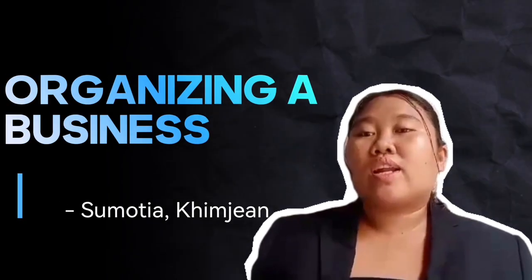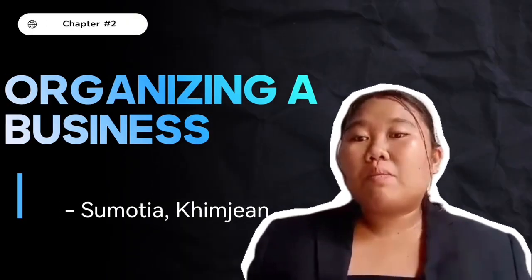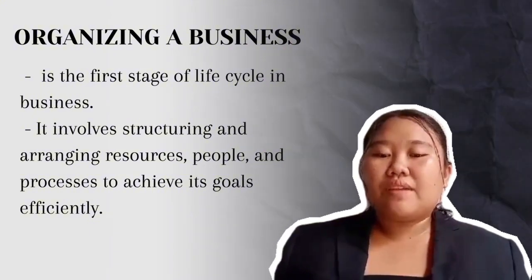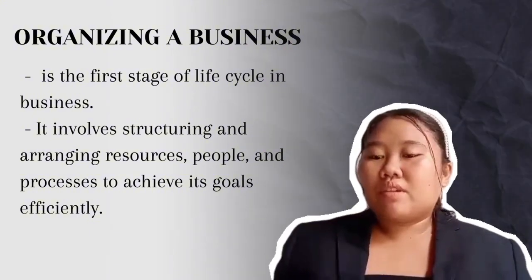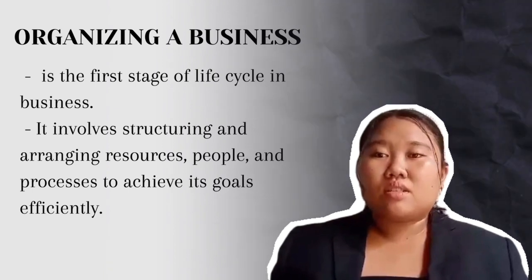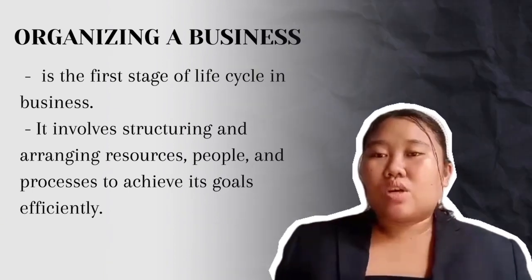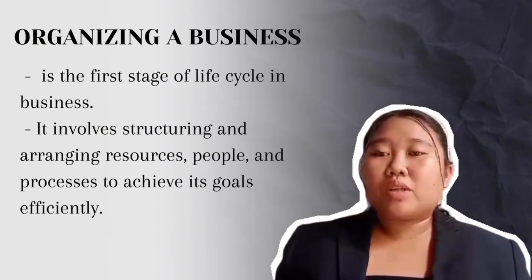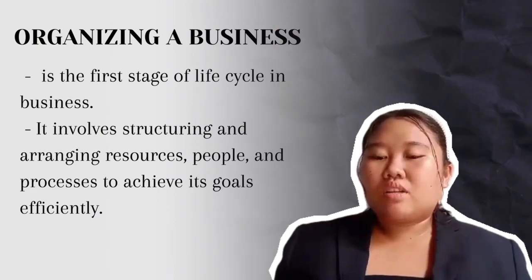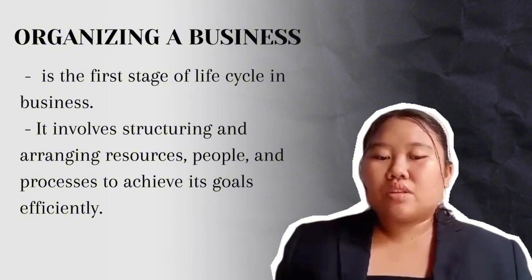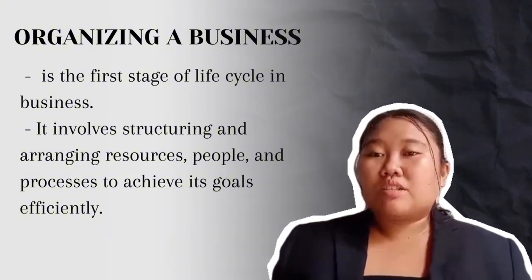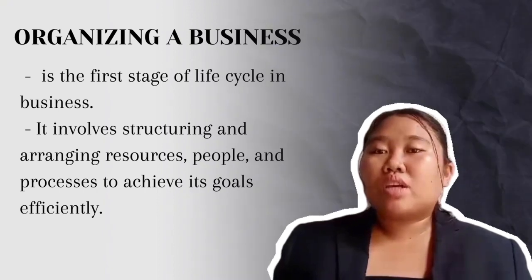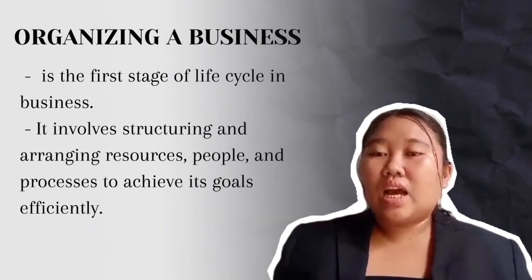Chapter 2, Organizing a Business. To sum up what Chapter 2 tackles about, organizing is the first stage of life cycle in business. It involves structuring and arranging resources, people, and processes to achieve its goal efficiently. Organizational stage is a very important aspect in the life cycle of a business because the most reason why a business fails is because of bad or improper management, inadequate marketing, poor location, failure to invest, and lack of adequate